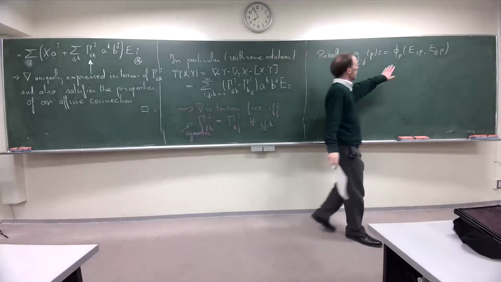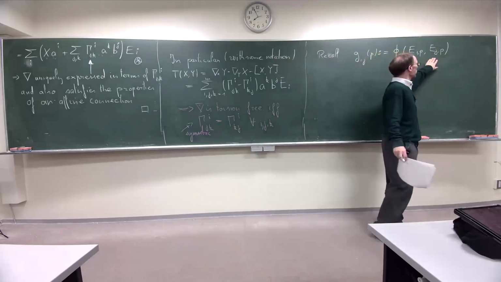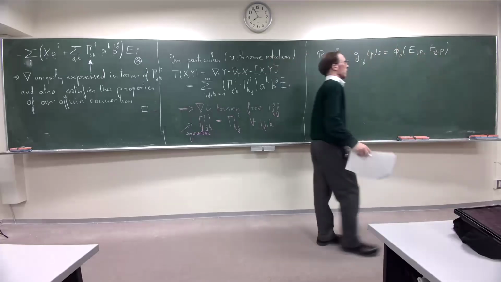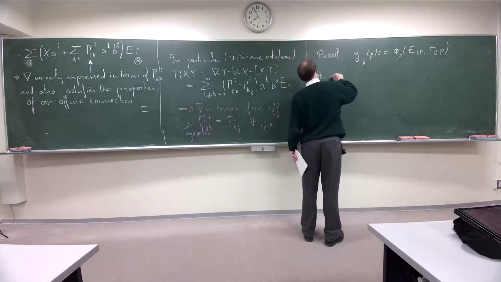So for a Riemannian manifold, you have the metric. You can evaluate it at a point P. It's a bilinear map on the tangent space. So you put two vectors on the coordinate frame and it gives you a certain number. And we have seen the matrix